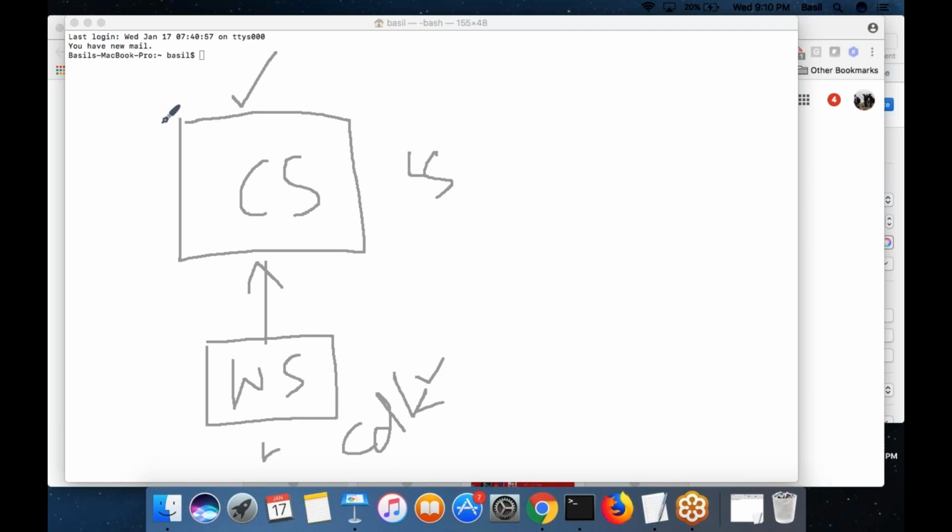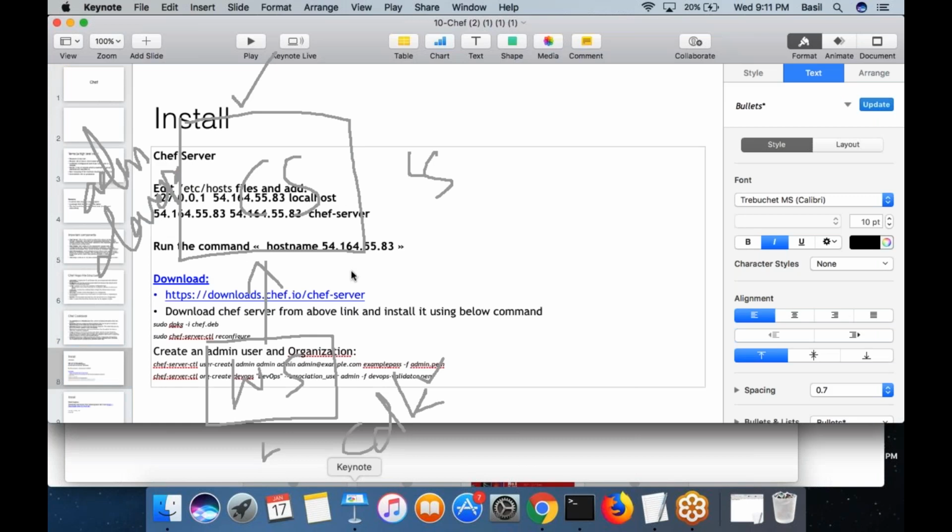So after installing the Chef server, what we did is we created a user called admin and one organization called DevOps, right? And these are the commands that we had used for creating the organization.